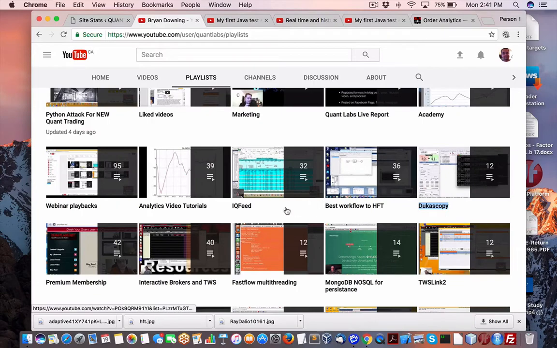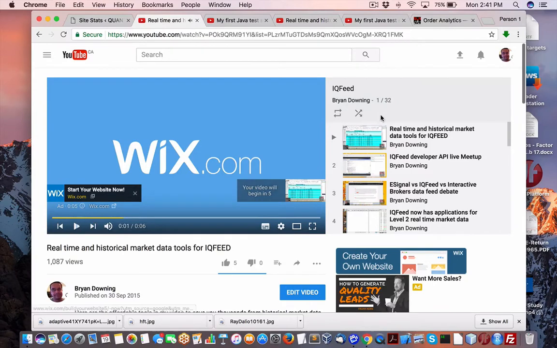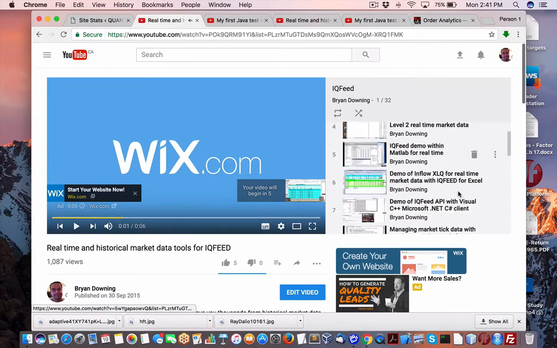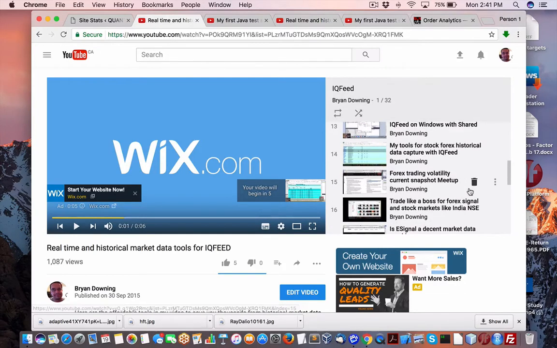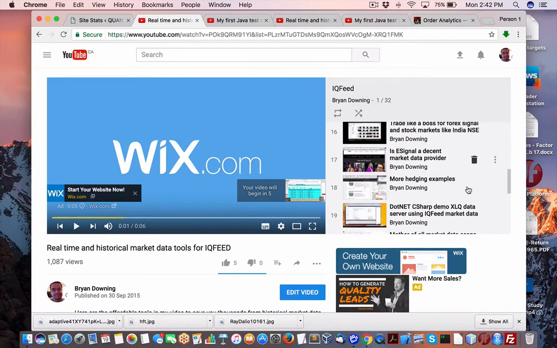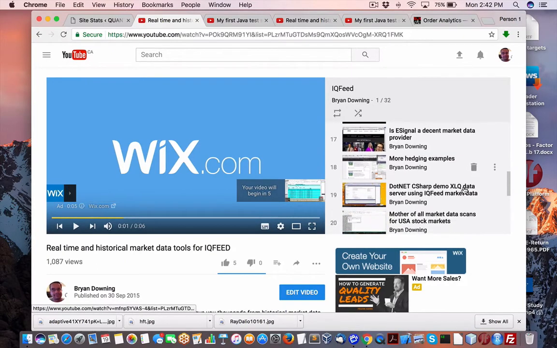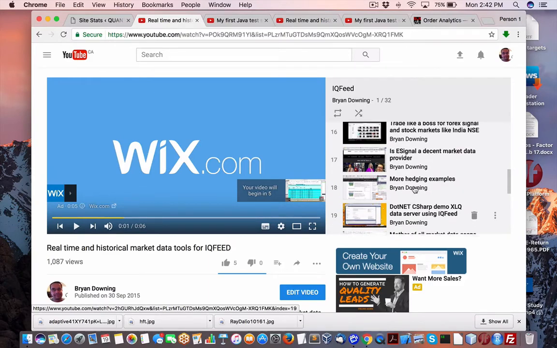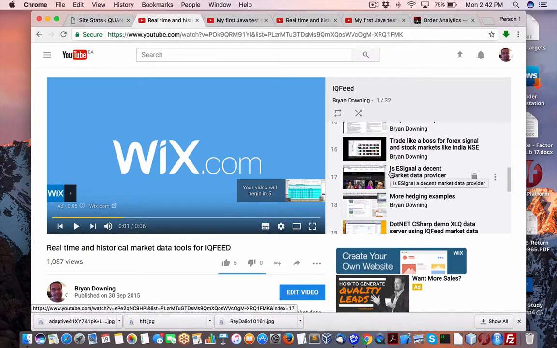Now, that's Dukas Copy. Another big important factor that you really need to understand is the IQFeed data feed. I've looked at many data feed providers for historical and real time, and I will tell you that IQFeed seems to be the most logical, especially if you're starting out and want to get into pure algorithmic trading or automated trading around things like having your own software, maybe using a programming language like Python, stepping away from MetaTrader.